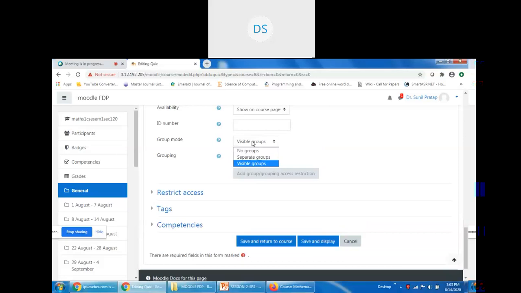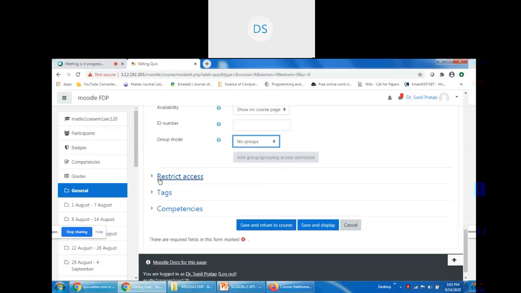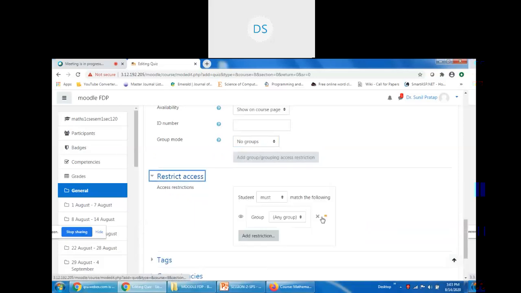I need not have groups. Restrict access: we may restrict certain groups, that this group should not appear in the quiz, and this student, because his or her account is suspended, should not attempt the quiz. That can be set from this restrict access option.